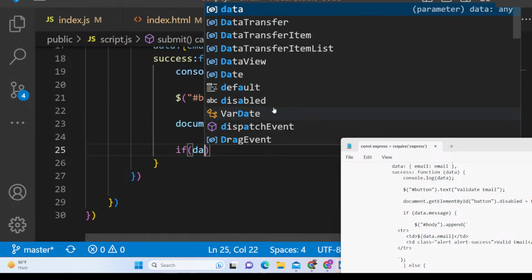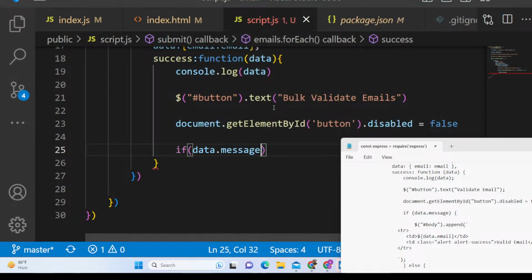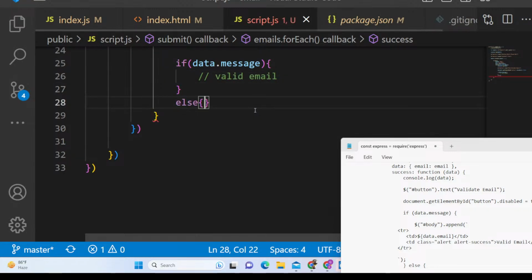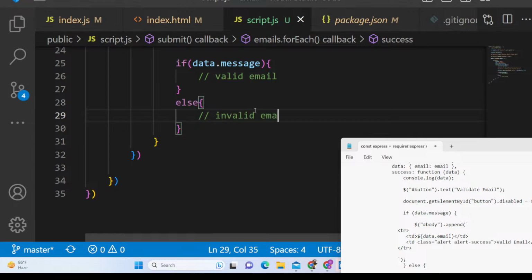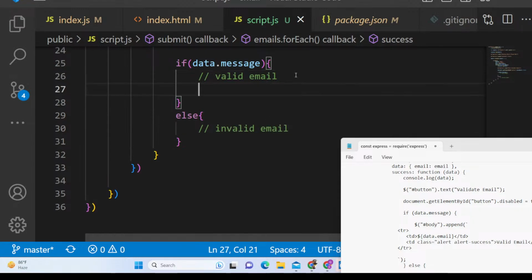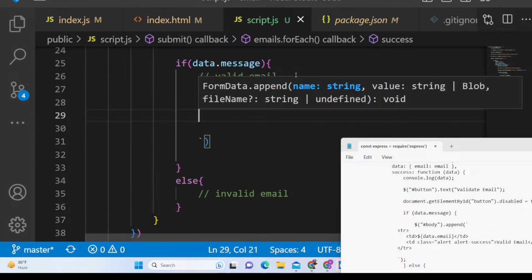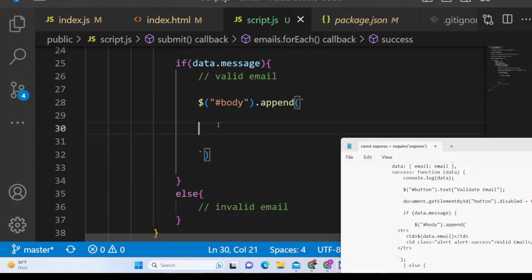And then, guys, we will have an if condition. If data.message, it's a Boolean parameter. If it's true, in that case, it's a valid email. If it's not true, in the else block, it's an invalid email. So now we just need to manipulate the DOM, and for manipulating the DOM, guys, we will use jQuery here. We will target the table body, and we will append here. We can write here multiple template string, and we can say table row,